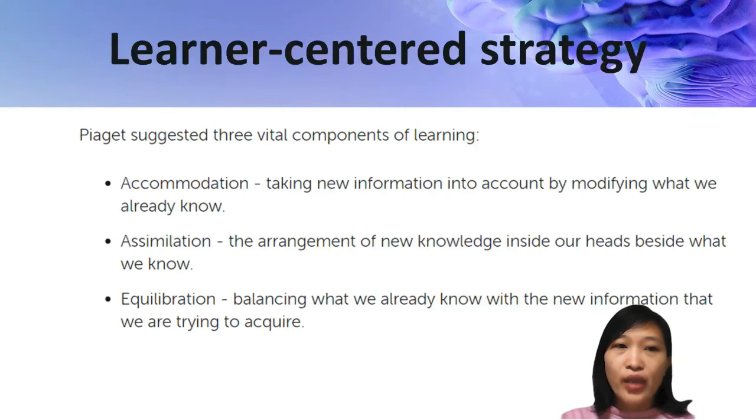So in this one, we have what you call your learner-centered approach. Jean Piaget termed learning as relating information to already existing knowledge, and each learner starts with their own knowledge and experience. According to his theories, learning begins with the accumulation of some basic knowledge and advancing deeper into the field with time. So you have those three vital components of learning, namely accommodation, assimilation, and equilibration.